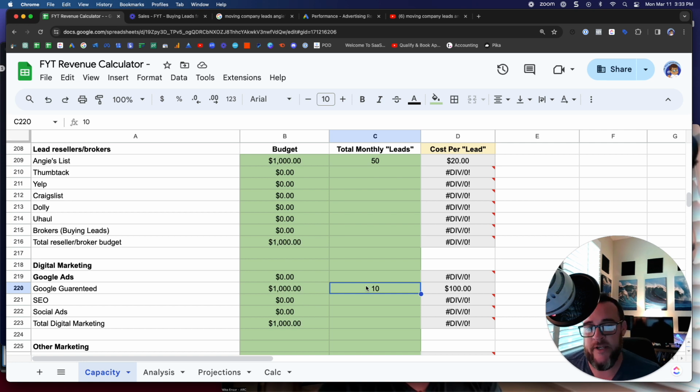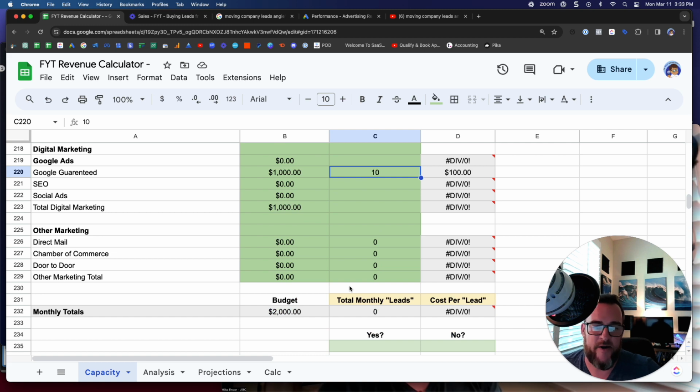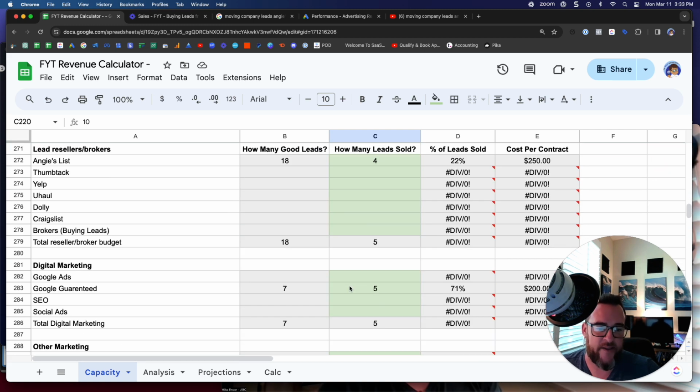Now, if you're in a really nice area, those people also want packing. Sometimes they also want temporary storage, and then you have to go and move the storage into the house once the house is ready to have the rest moved in. Those become multi-job leads. So the real reality behind this is that Google Guaranteed might seem more expensive, but you have a much better chance of growing your moving business with fewer leads of higher quality